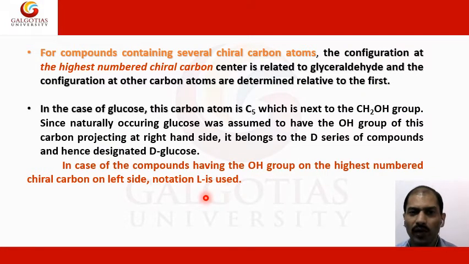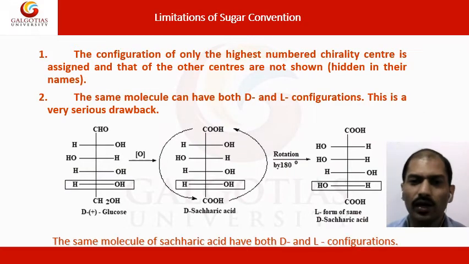So in the case of a compound having several chiral carbons, in a Fischer projection, if you put a number of carbons attached with different atoms or groups, you will find there are a number of chiral centers. So in that case we also have an approach to how to assign their chirality and how to put the L and D notation with respect to nomenclature.